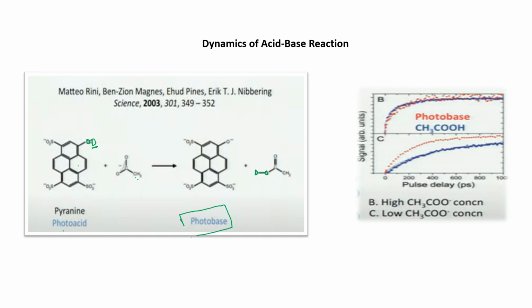First is of the photobase, and the second is of the deuterated acetic acid, say CH3COOD. In this case, with respect to time, for the photobase and photoacid conditions, since it is a fast reaction, this D dissociating from O will immediately go to CH3COO minus,